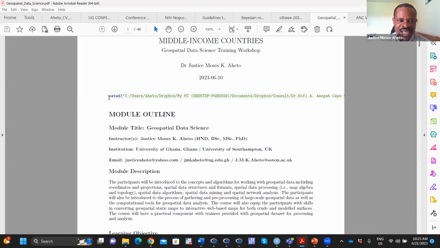The first stage here is just to declare the working directory so that the system will recognize where your files are and where you want to save anything by default. Most systems like Windows, by default, will be saving your stuff in Documents. But the type of work that we do,